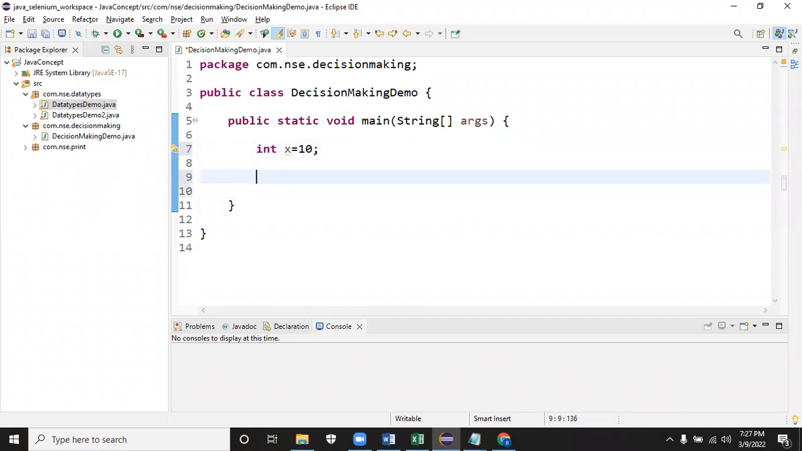So for that, we can write the logic. You have to write an if condition. Here is the syntax, and within the brackets you have to give the Boolean operation. With the Boolean data type, it should be either true or false. So how to achieve that? For that, let me do System.out.println x